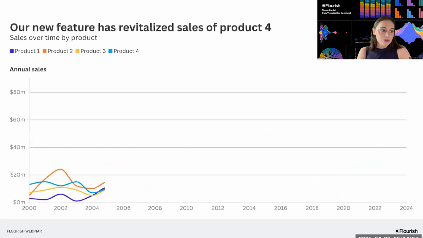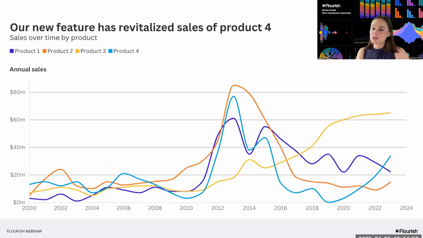So what could I do as a data storyteller to add narrative and tell the story that I might want to tell? And this is just an example, right? Not to say that this was the right answer, because as we just saw, there's a lot of different takeaways that we could take from just one single chart. So if I wanted to highlight one thing in particular and not have my audience come up with a lot of different stories, I could start by changing the title and then highlighting the product I want my audience to focus on.